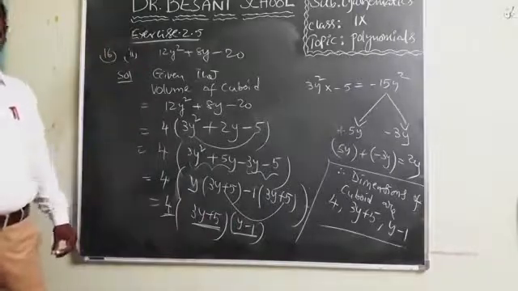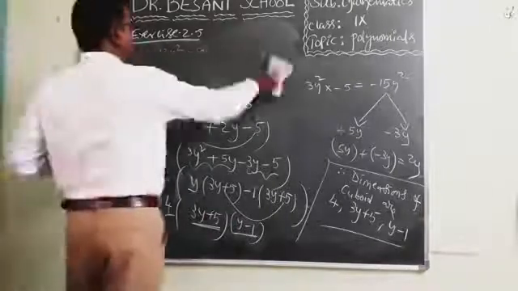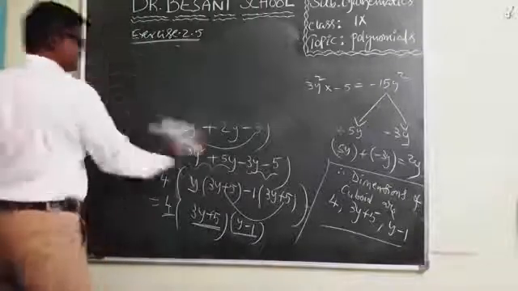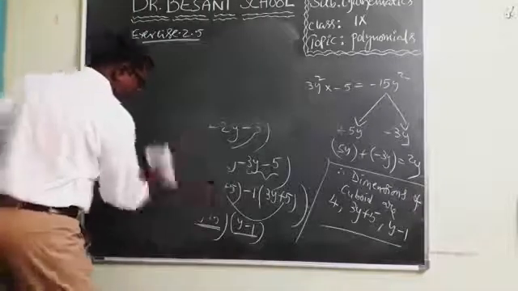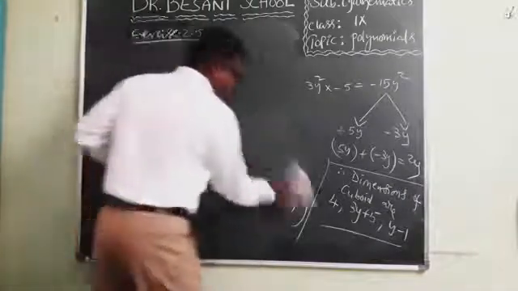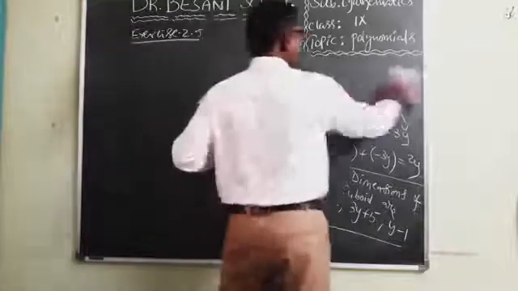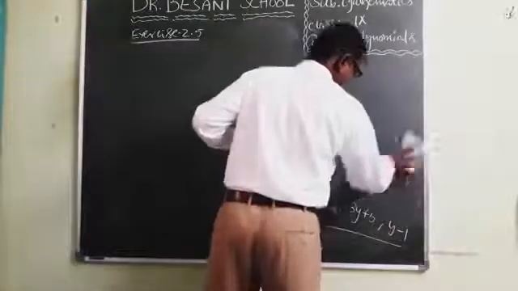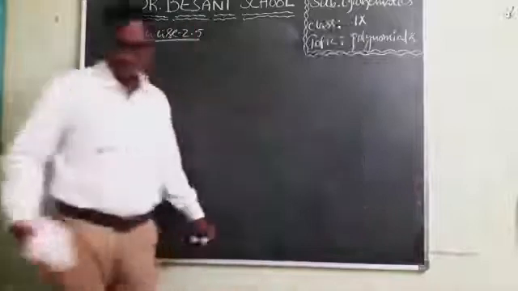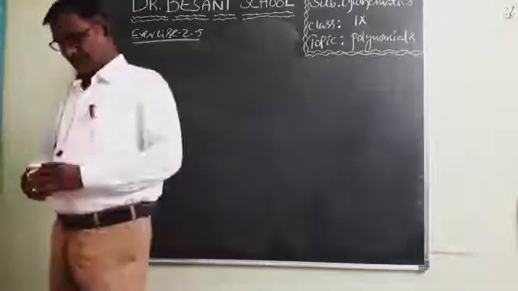Did you understand, children? So what we learned from this problem? Volume of cuboid is given, that is a third degree polynomial, means a cubic polynomial. We have factorized that cubic polynomial. We got 3 factors. Those indicate the dimensions, length, breadth, height of the cuboid. Okay. So let us see 17th problem.